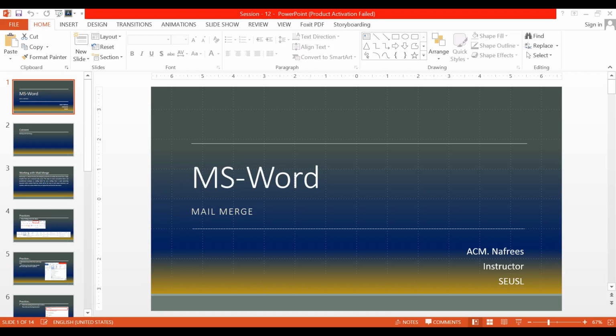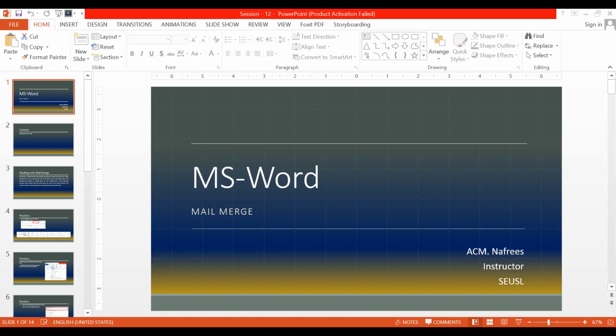Others, can you tell your answer? We can use Gmail as a recipient list. Yes, the answer is false. We can directly use the Outlook contact, not the Gmail or Ymail contact. Okay. And the next one,